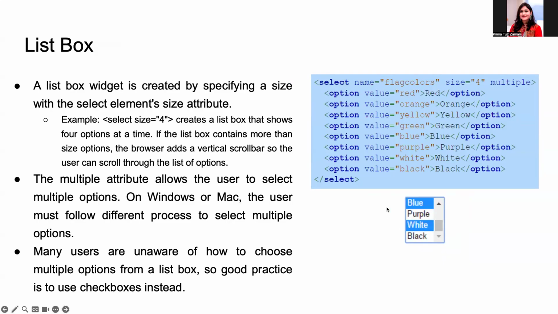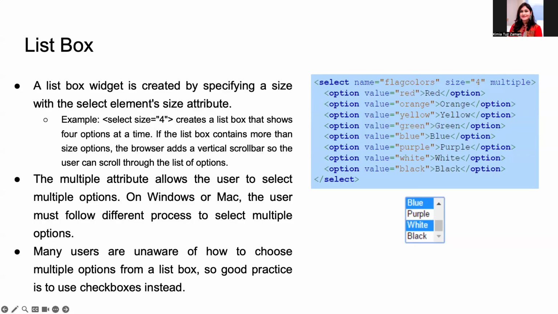Now moving on to a list box widget. A list box is created using the select element, but here we use the size attribute to specify how many options are shown at once. For example, select size equal to 4 will show 4 options in the list item at a time. If there are more than 4 options, the browser will automatically add the scroll bar so users can scroll through